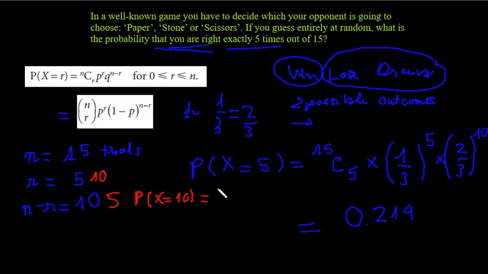We can get 15C10 multiplied by, using the formula here, 1 over 3 to the power 10 multiplied by 2 over 3 to the power of 5, equal to